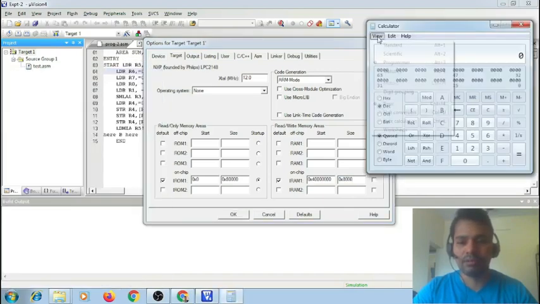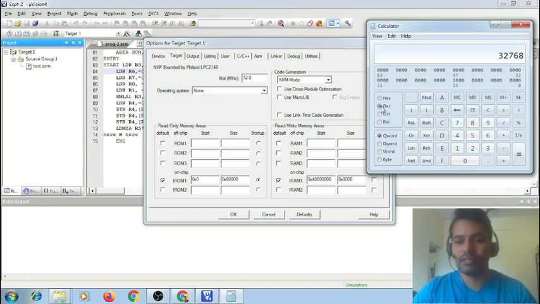Let us verify this. In the calculator, go to programmer. In hexadecimal, it says 8000.